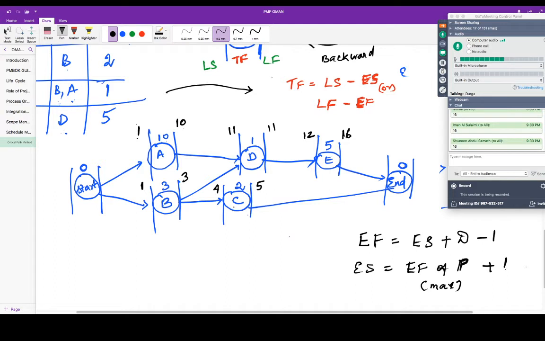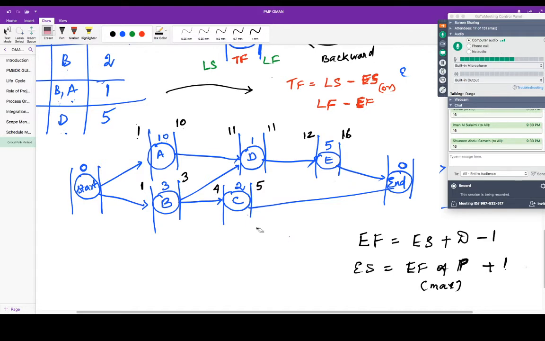Actually, if you don't have a milestone, if you don't want to use a milestone, then what would you do? Whichever is the longest duration, you have two end activities here. So you will just copy paste this. The early finish of the last activities will be the late finish of all the last activities. So here also you can immediately update 16 and 16. But if you're not comfortable with that, then don't worry about it.